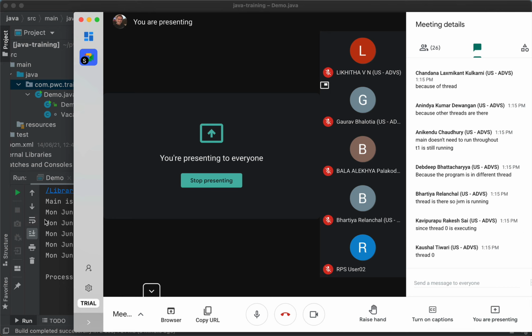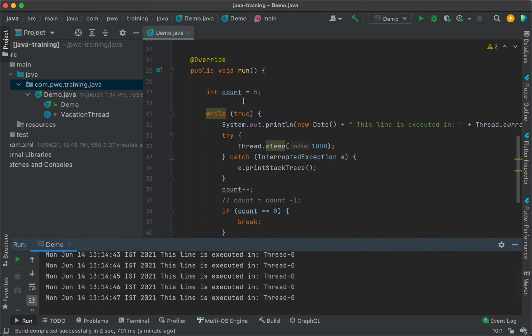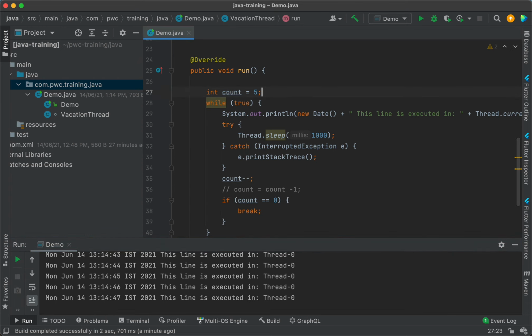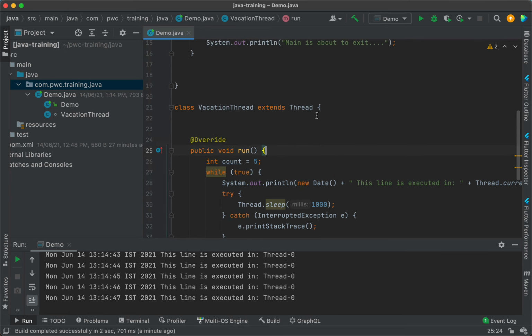And the moment thread 0 also completes, main anyway is completed, so the JVM is out. So now you tell me, look at this code and tell me for how many seconds you think this particular Java program is going to run?